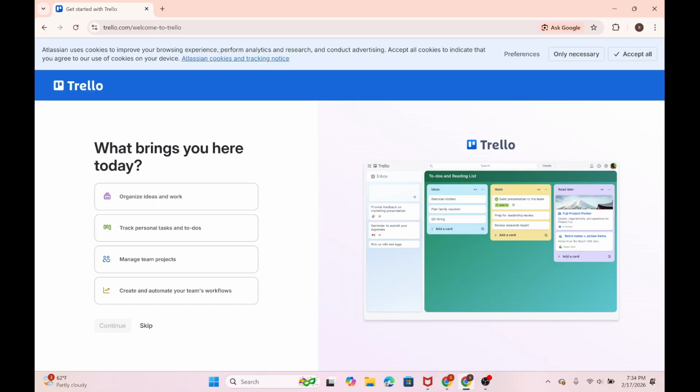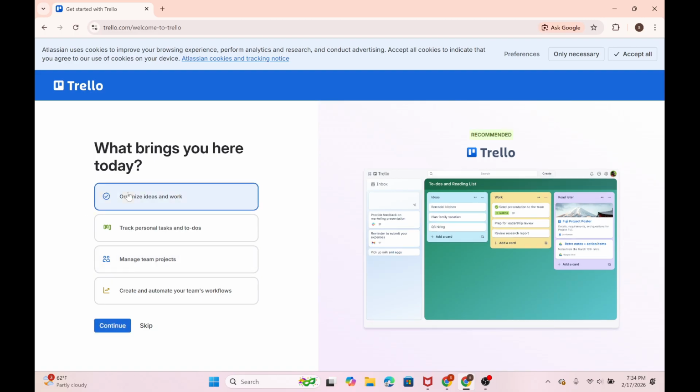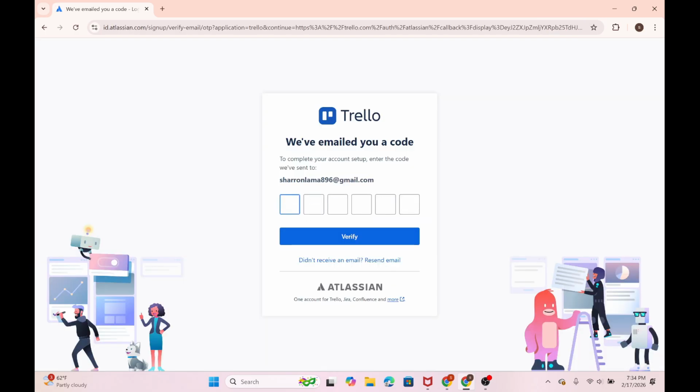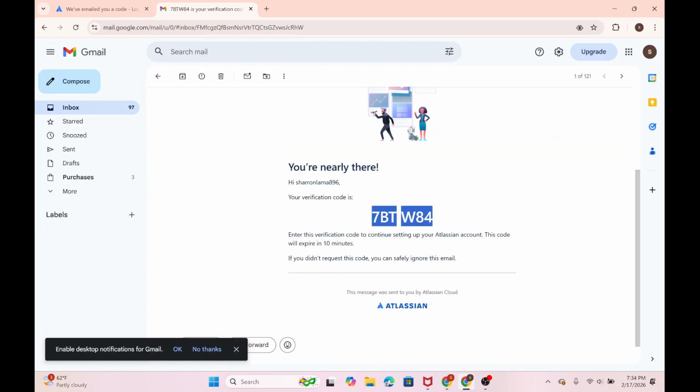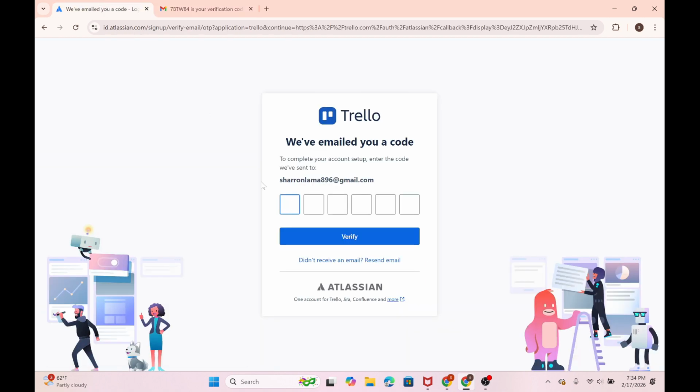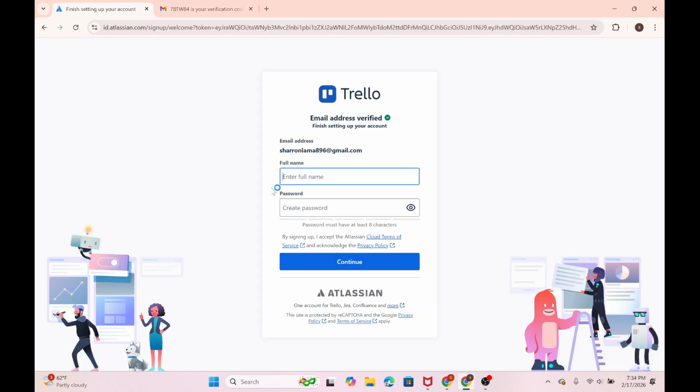Over here, it will also ask you what brings you here. In order to proceed with the Trello sign up, you can select any of these, or if you want to skip, you can skip as well. Continue. And over here, Trello will send you a verification email. What you can do is go to a new tab on gmail.com and look for this Trello email here. This is the verification code. Simply copy this verification code and go back to Trello and paste it over here, and it will automatically